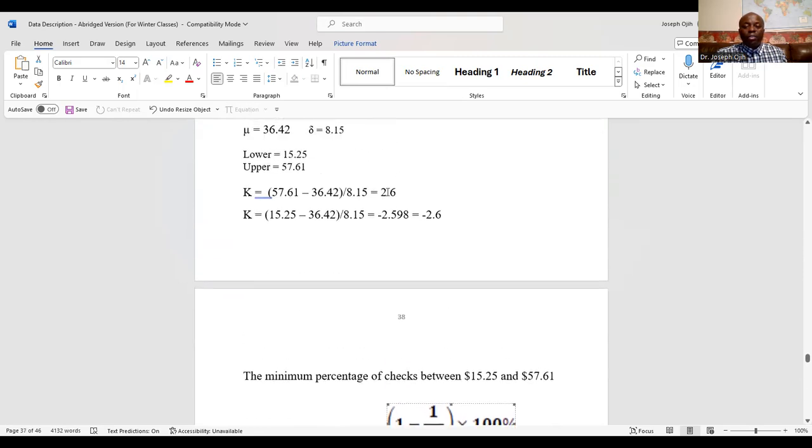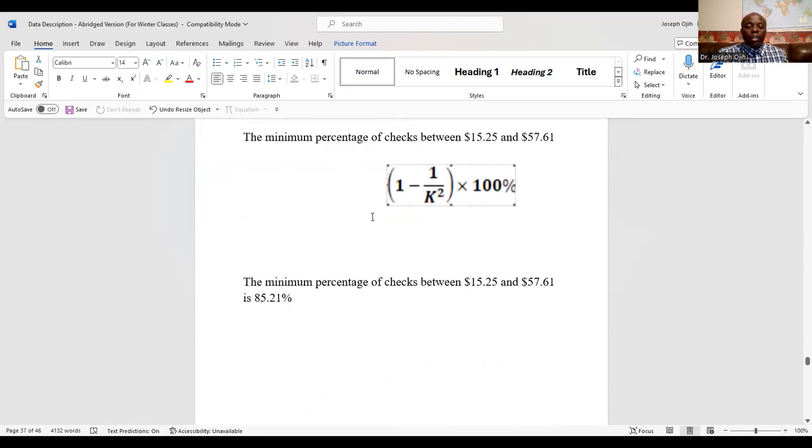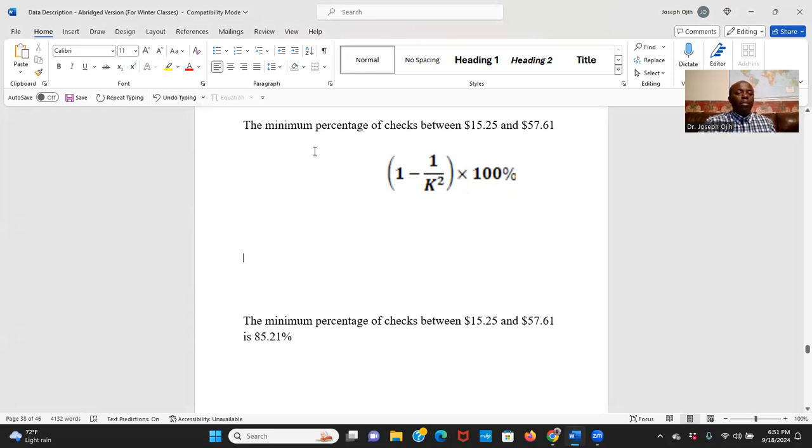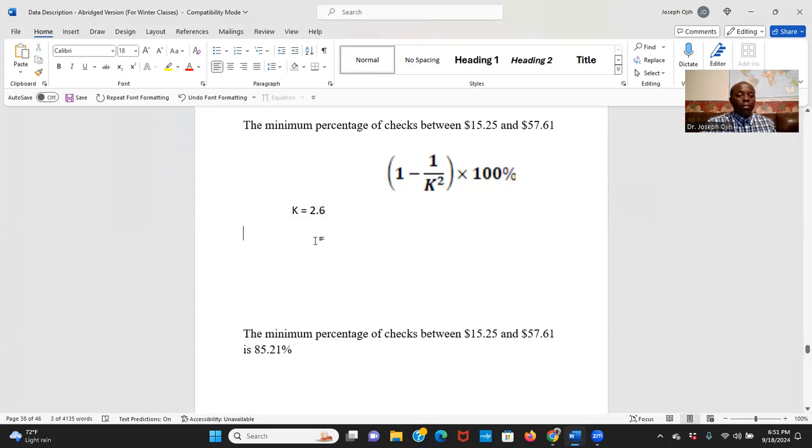Our k is 2.6, or negative 2.6, whatever it is. We have it here already. Let me make it big. So the minimum percentage now becomes